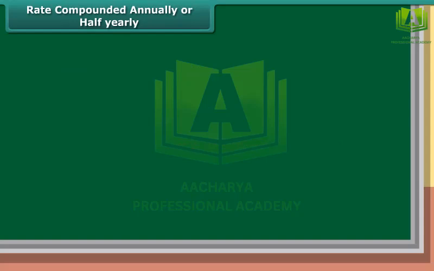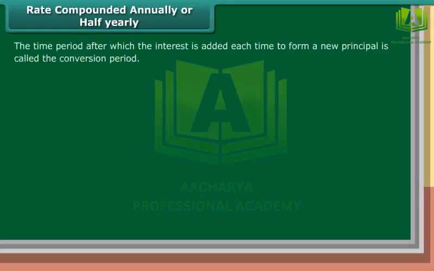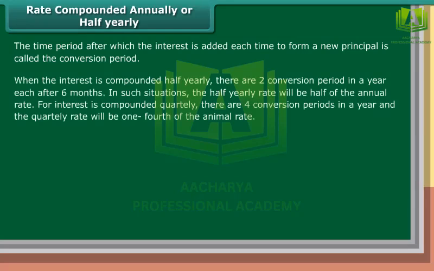Rate compounded annually or half-yearly. The time period after which the interest is added each time to form a new principal is called the conversion period. When the interest is compounded half-yearly, there are 2 conversion periods in a year, each after 6 months. In such situations, the half-yearly rate will be half of the annual rate. If interest is compounded quarterly, there are 4 conversion periods in a year and the quarterly rate will be 1/4